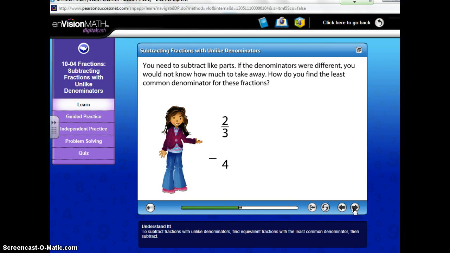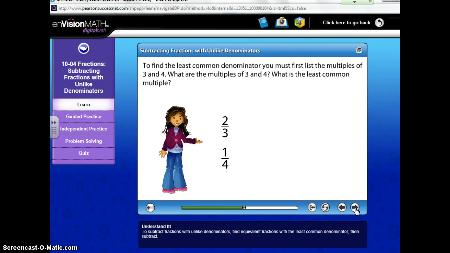Go ahead. 24, 36, 48. Any of those would work. Why would we pick 12? Why would 12 be the best choice? Emma? It's the least of the factors. We want the least common multiple. Okay, so